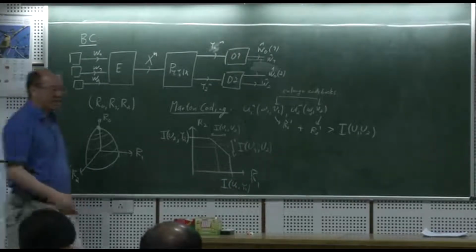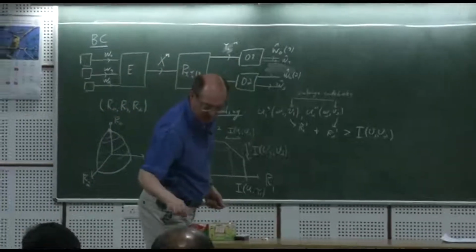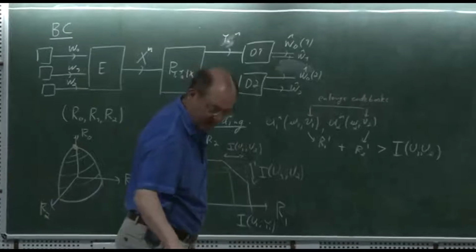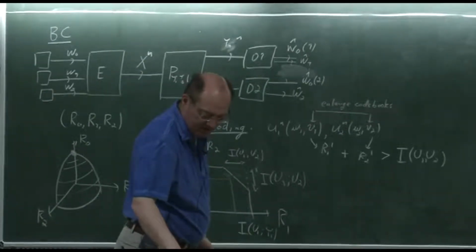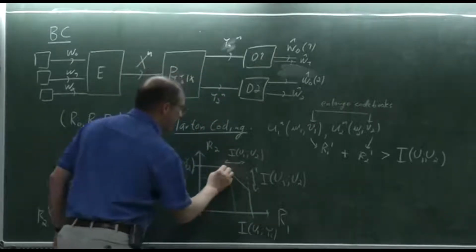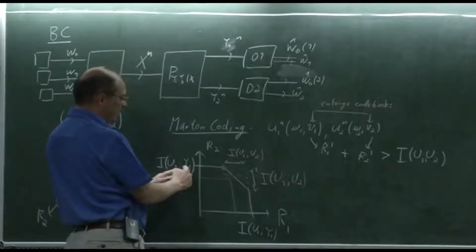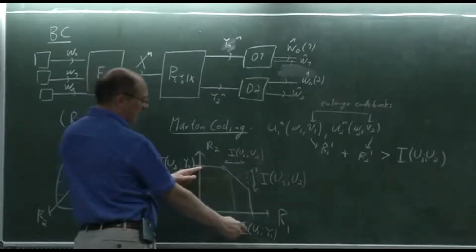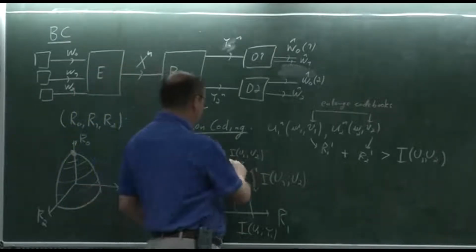We discussed getting to the corner points. The corner points are always the first interesting objects to look at, because they tend to give a lot of insight. So we looked at this corner point, and if you look at that rate, you realize, oh, that's I(U2;Y2), but this rate here is I(U1;Y1) minus I(U1;Y2). So at this corner point,